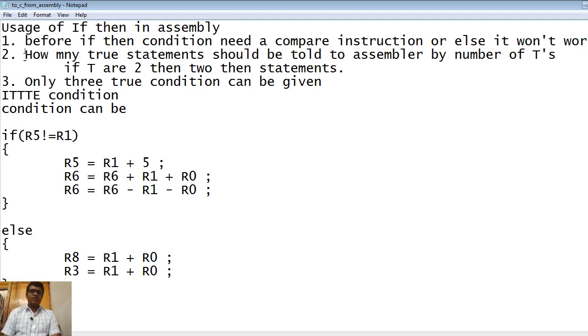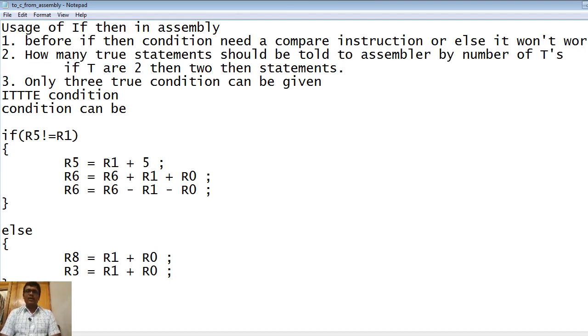The next rule is that how many true conditions should be executed must be told to the assembler well in advance by specifying the number of T's.